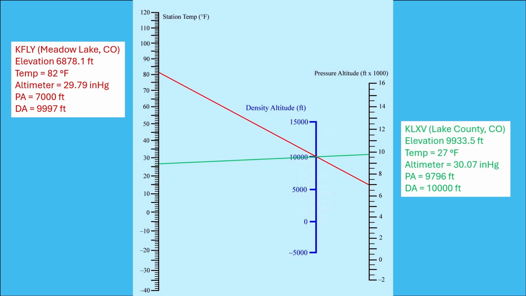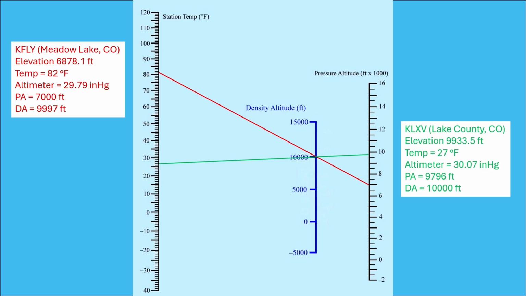At almost 10,000 feet elevation, it has to be a very cold day to keep the density altitude at or below 10,000 feet. So now that we've established that the Koch chart is at its base a density altitude calculator, how did Koch decide what the effect of density altitude would be on takeoff performance and rate of climb? So far, I have not been able to come up with his original paper that would shed some light on this,